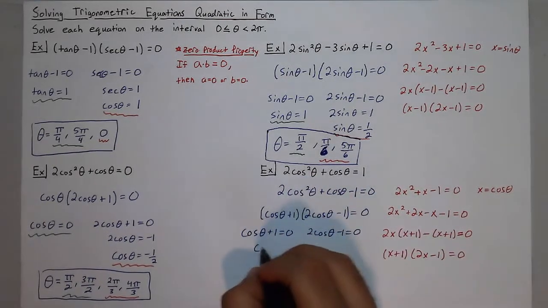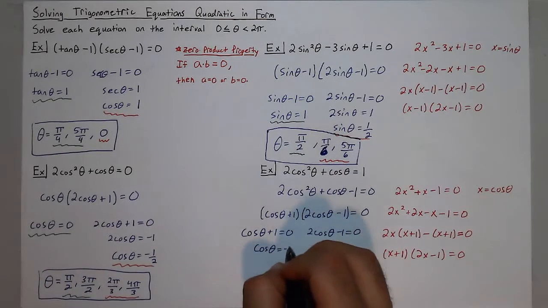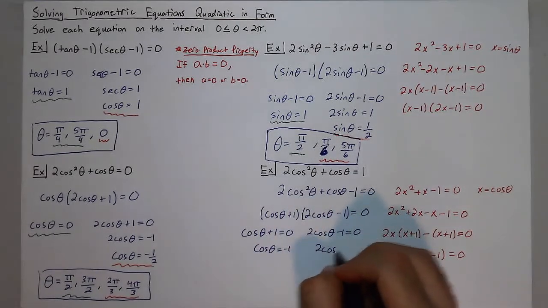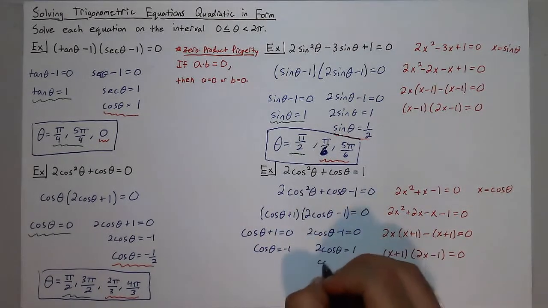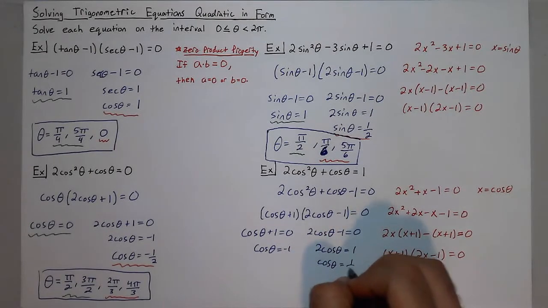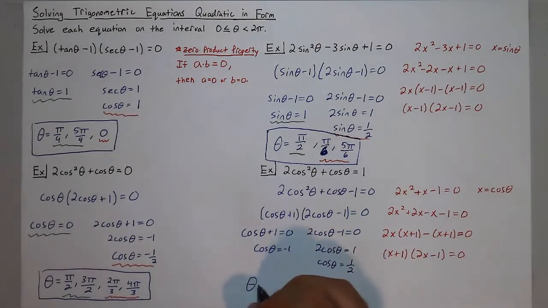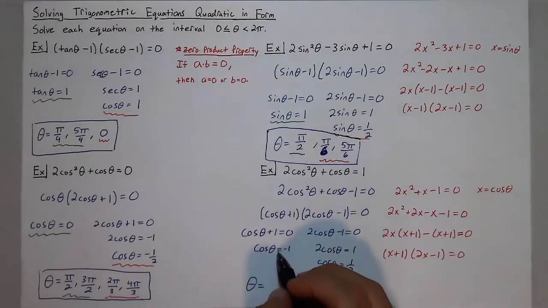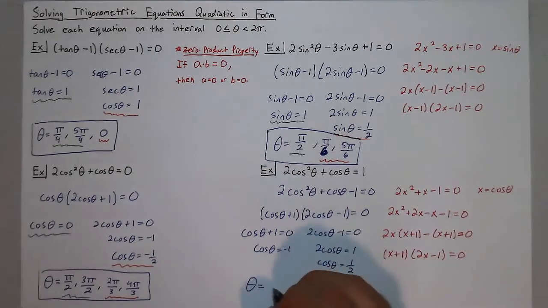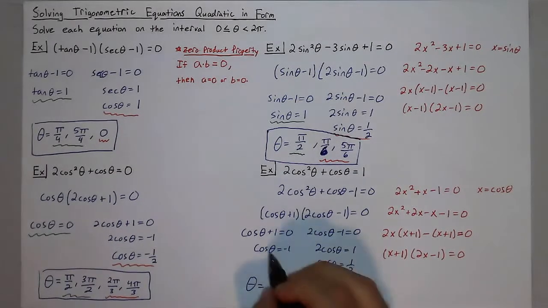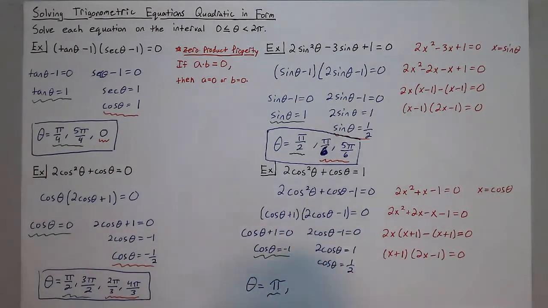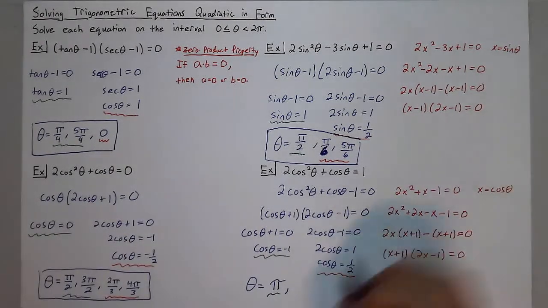Solving both, I get cosine of theta is equal to -1, and I get cosine of theta is equal to 1/2. Again, where does this happen on our unit circle? Cosine of theta is equal to -1 at pi, while cosine of theta is equal to 1/2 at pi over 3,